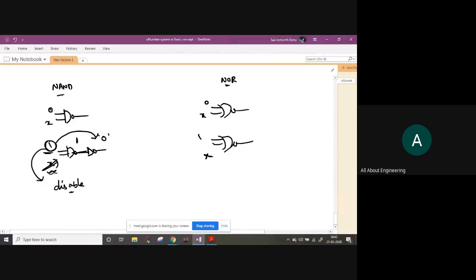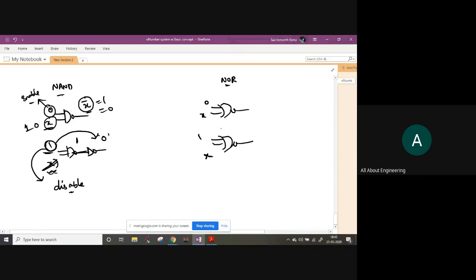Then obviously you check for 0. 0 plus x is x, x bar will be obtained as output. See, if you give 0, then output will be 1. If it is 1, then output will be 0. It doesn't matter whether it is original form or complemented form, but the only thing is the output is depending on the other input or other input giving access to the output. So that's why 0 is called as enable input for NAND gate.